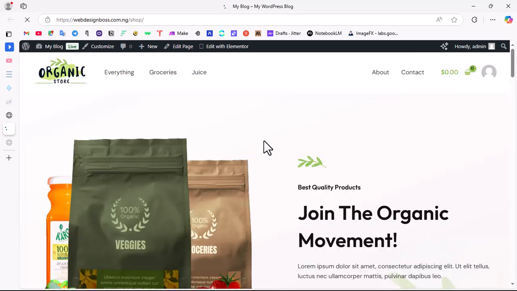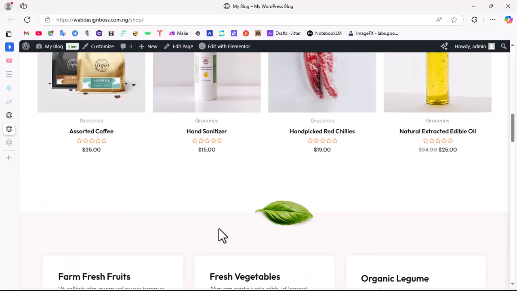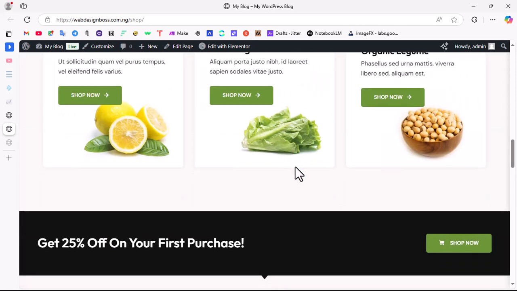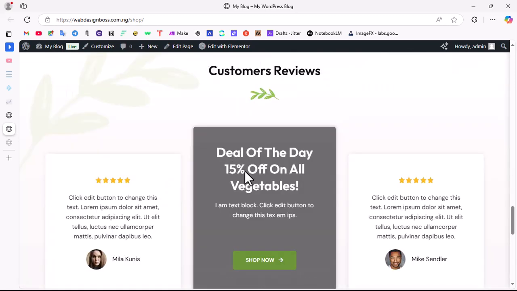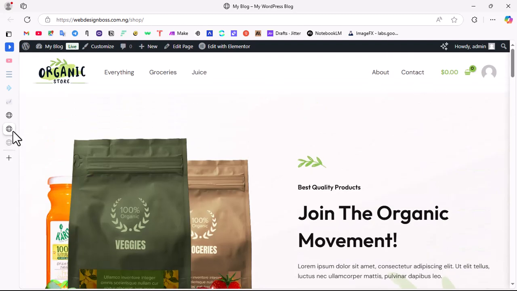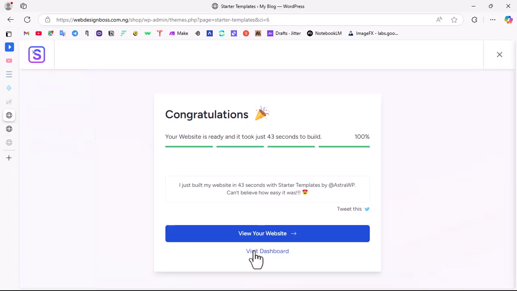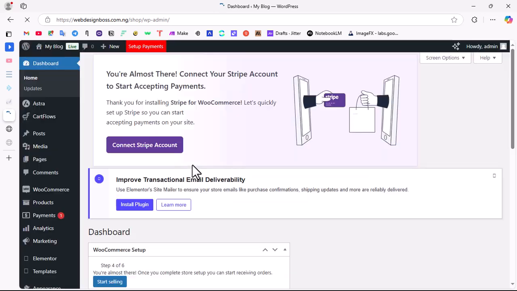So it has successfully imported all the product images, everything. And the good part is that you can change everything to your own, change it to the image of your product or whatever you are trying to sell. So basically this is that. The next thing we want to do is go back to our dashboard so that we can edit the pages. Okay, so there are a lot of things to do, but the first thing we want to do is